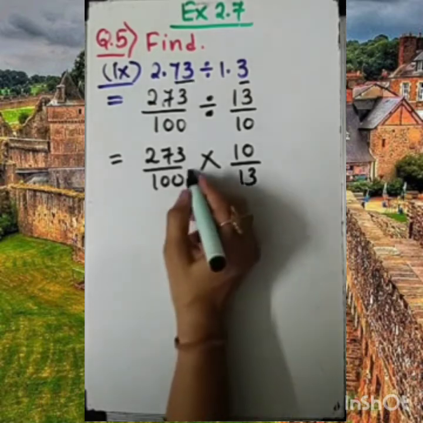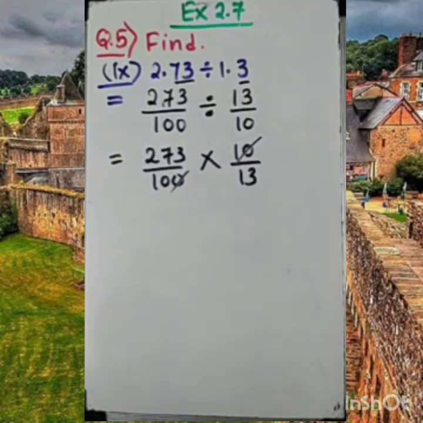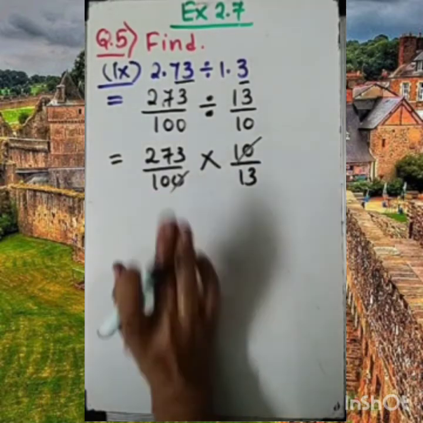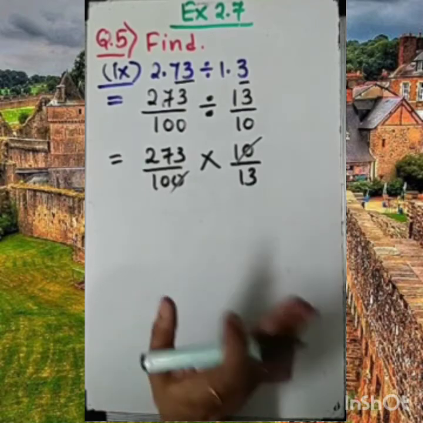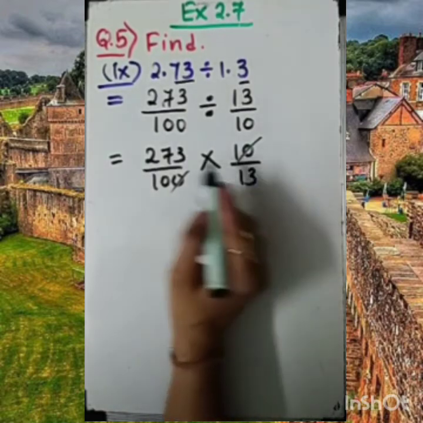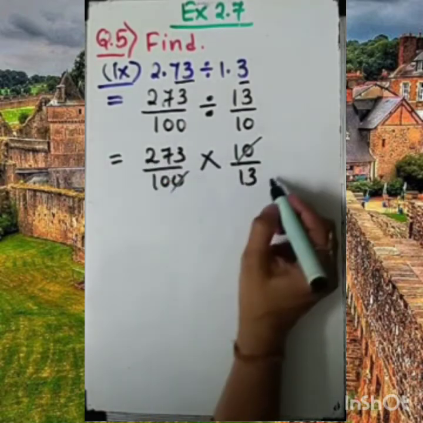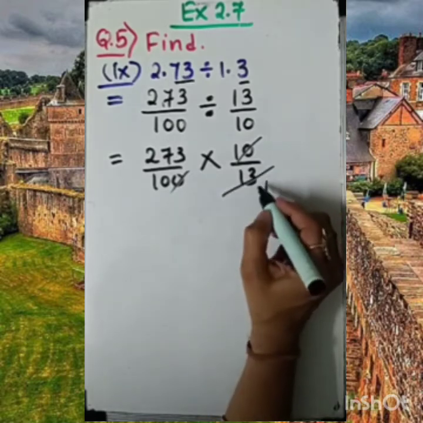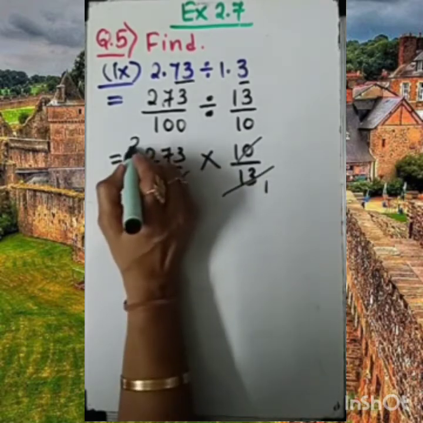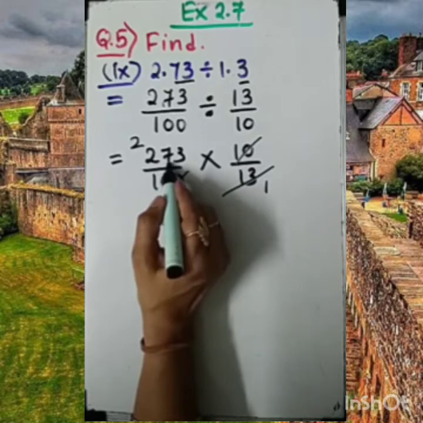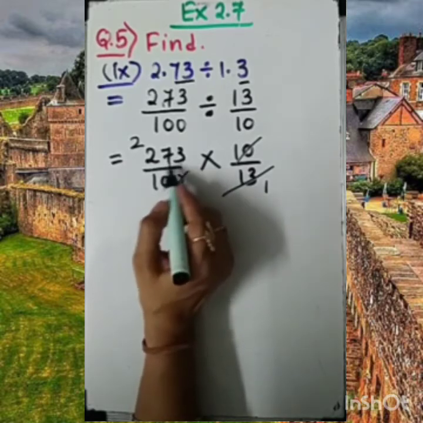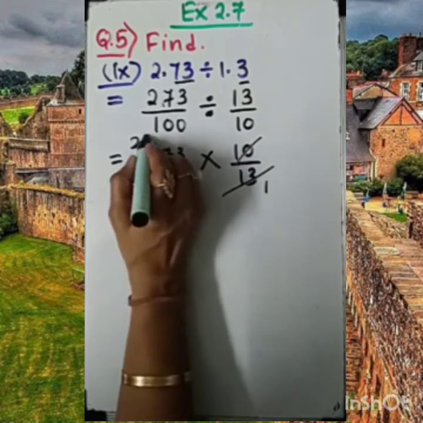So very simple. The zeros cancel. Okay. Let this 10 be as it is. Now let's try. Is it possible to divide this with 13? So we need to recite the table of 13. 13 twos are 26. 27 minus 26 is 1. So again 13. So 13 ones are 13.